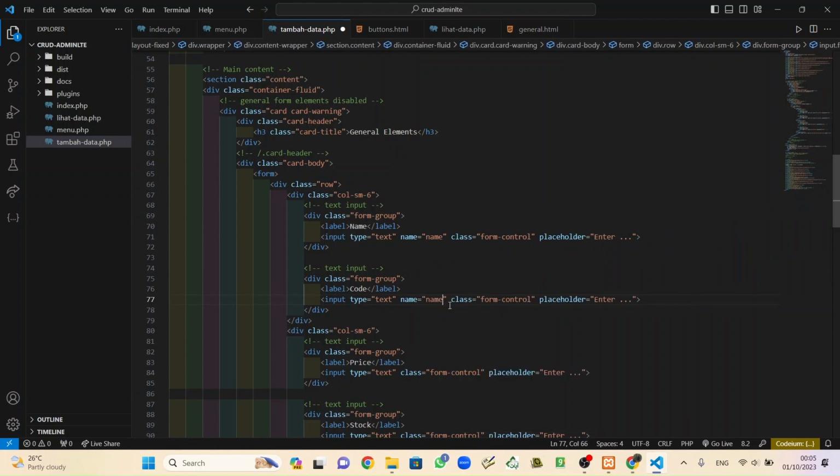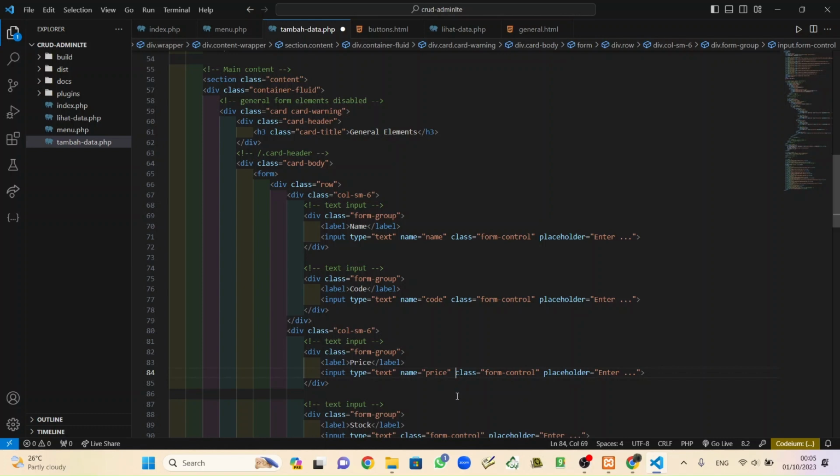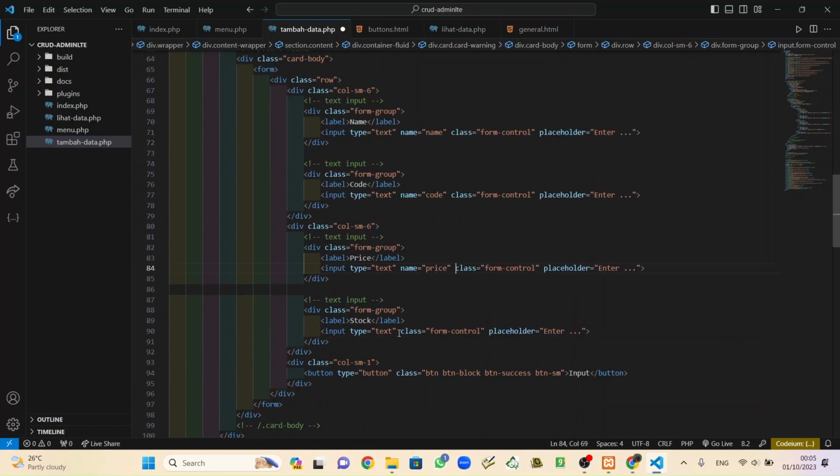space. The second one is code. Control C, Control V. The third is price. Price. And the last is stock here.